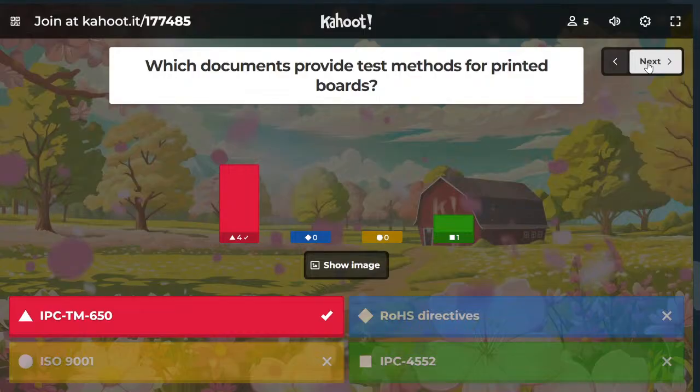Before this specification came into the picture, every manufacturer performed their own tests to assess quality. But once IPC TM650 came, all the manufacturers' quality assessment tests became standard. This is the main reason for standardization of the test methods to be performed for PCBs. And ROHS directives, you know about ROHS,